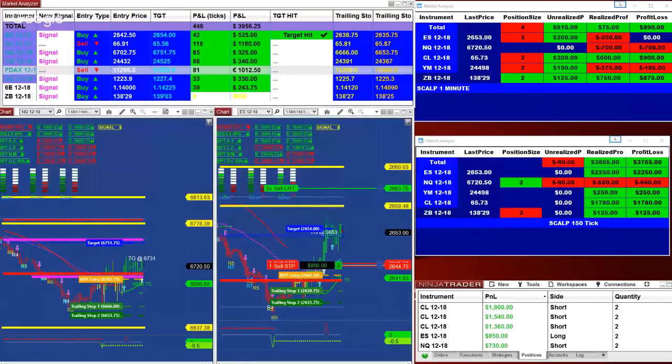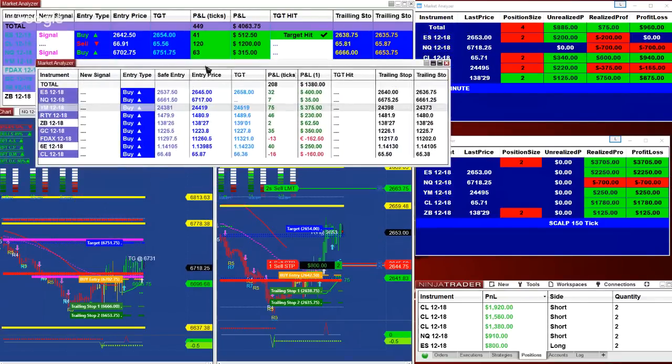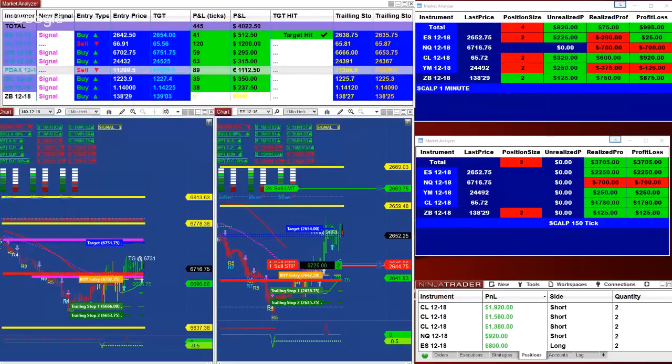So this is something we need to look at. We are looking at the Heikin Ashi 1 minute, but the market analyzer is still based on one contract and 1 minute. The difference is that this one here is a normal 1 minute, and this one here is a 1 minute Heikin Ashi. Yes, there is a big difference as you see, and we are working on something new too. So if we are looking at the Heikin Ashi 1 minute,